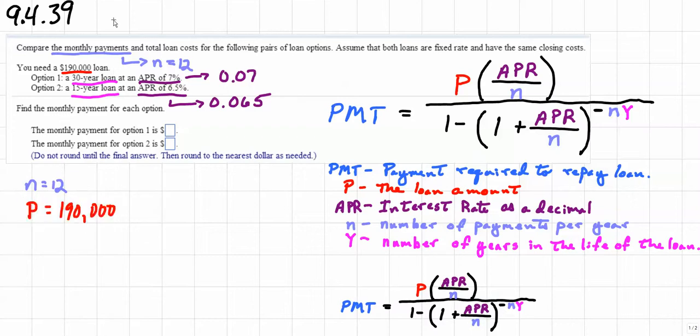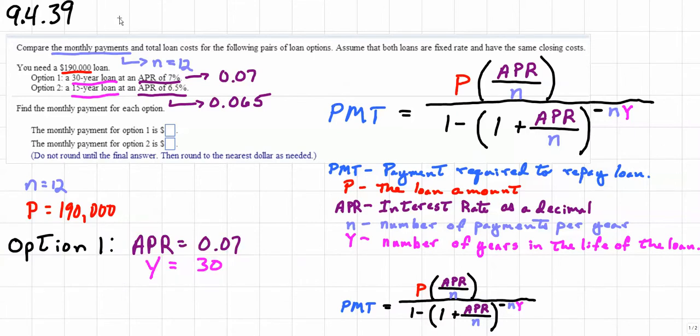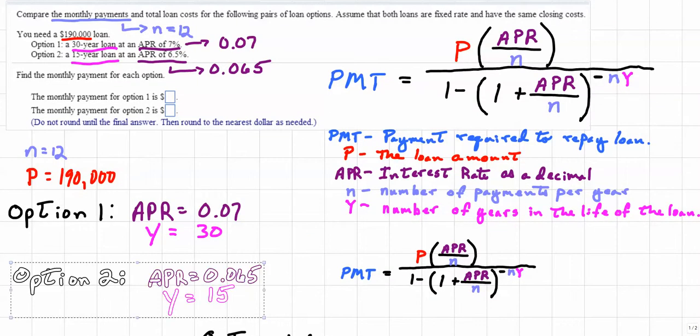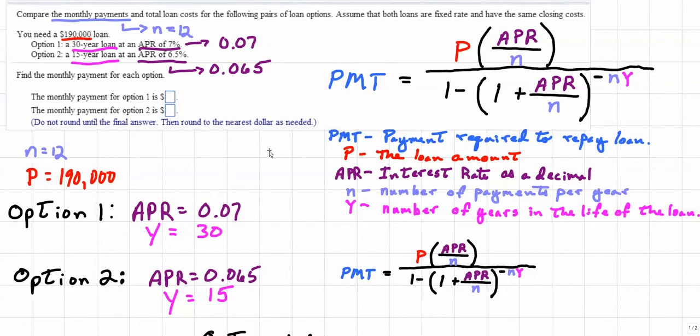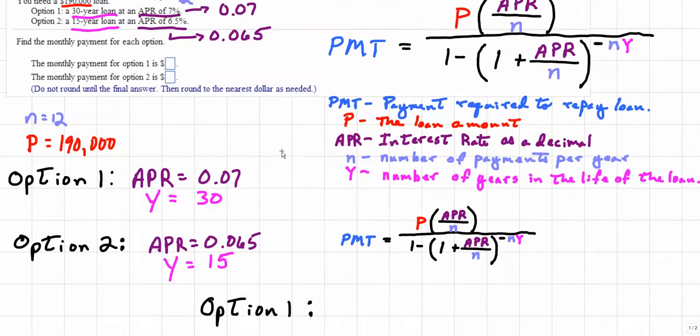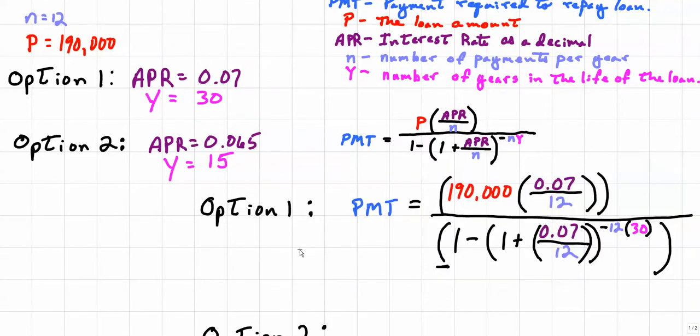So remember what I said, N is equal to 12. We know that P is going to be equal to 190,000. Option 1 yields an APR that's equal to 0.07 and Y is equal to 30. Option number 2 yields an APR that's 0.065 and a Y that is 15. So for option number 1, we're going to type all of these numbers into our calculator. So we've gone ahead and put 190,000 in place of P, 0.07 in place of APR, 12 in place